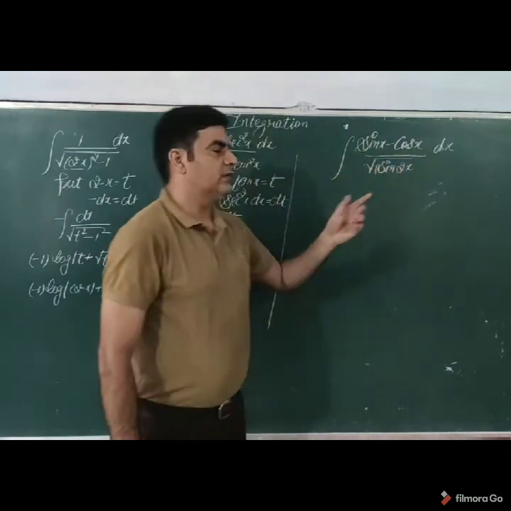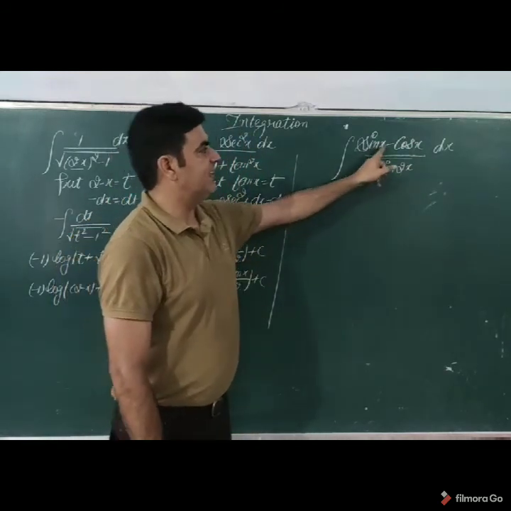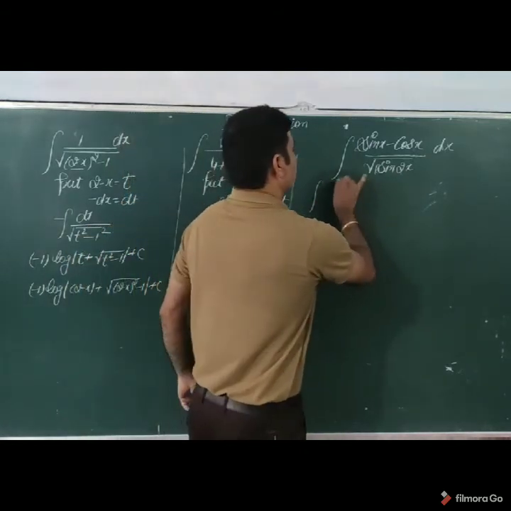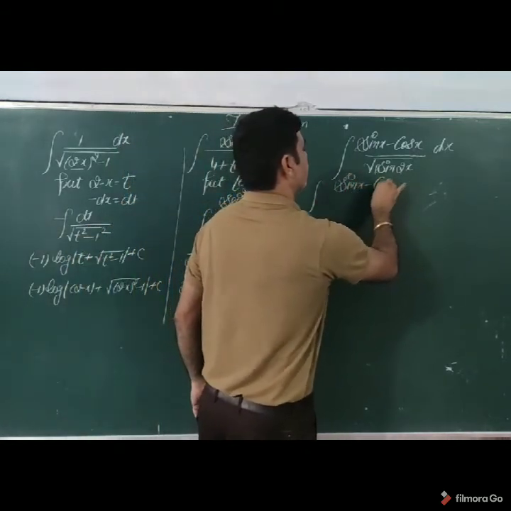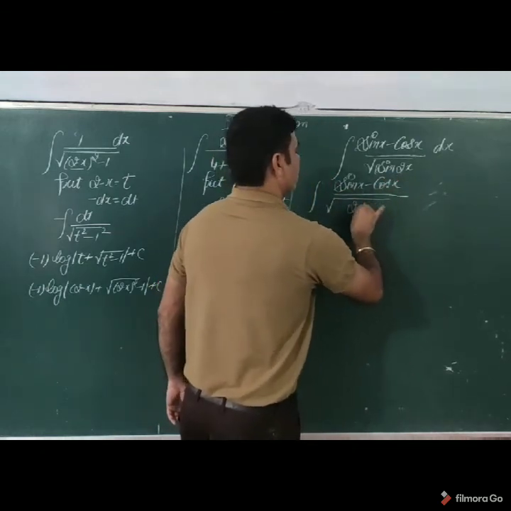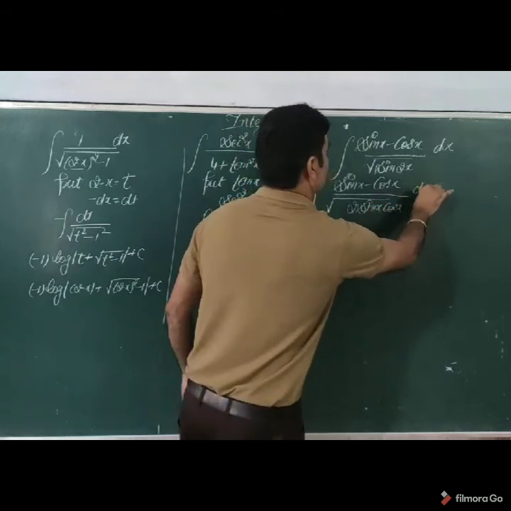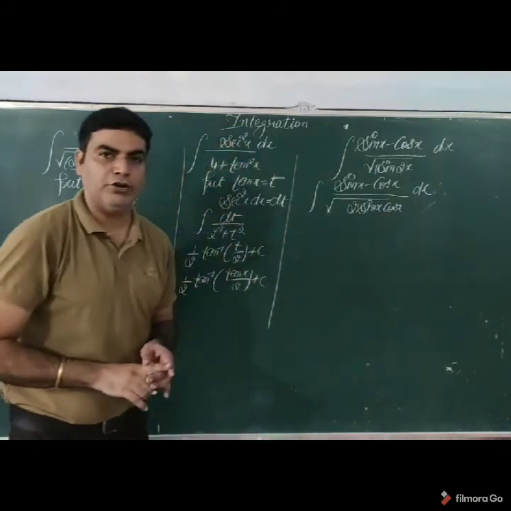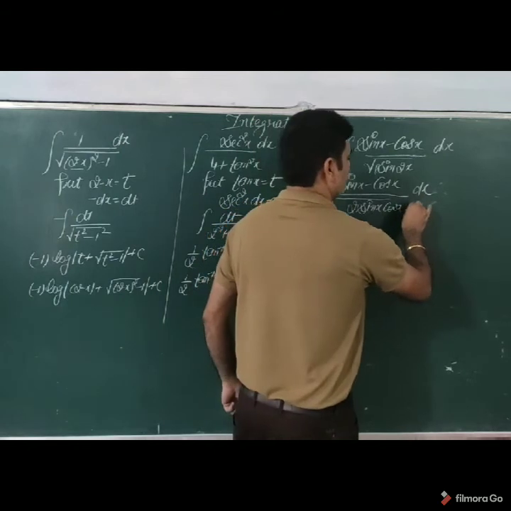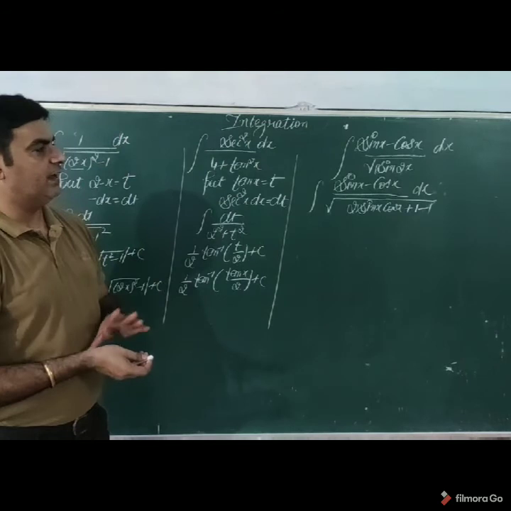Now, if we see the next example, sin x minus cos x divided by square root of sin 2x. Here the angle is x, but here the angle is double. So we have to make them the same angle. So we are going to use the sin 2 theta formula here. The numerator remains the same. The sin 2 theta formula is 2 sin theta cos theta. If you see here, it looks like 2ab. So we are going to make here a square plus b square also, adding 1 in it and subtracting 1 in it.